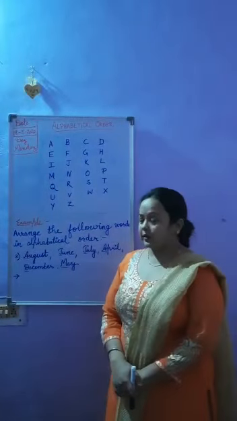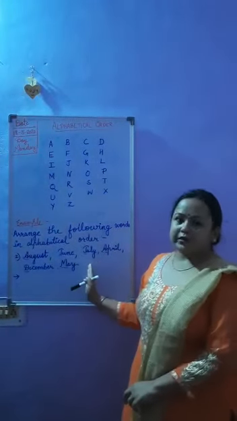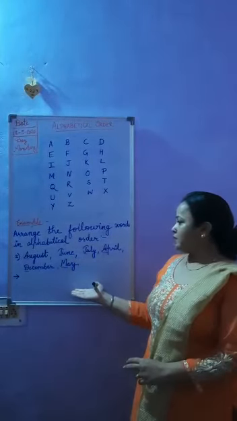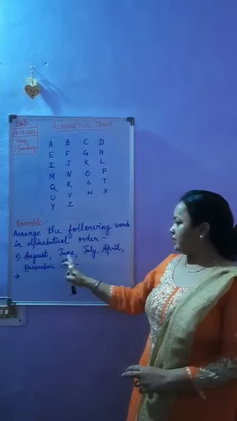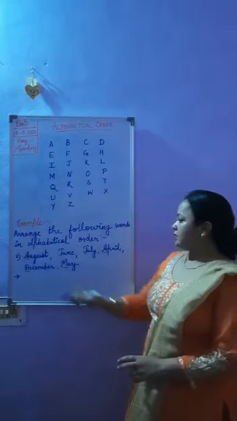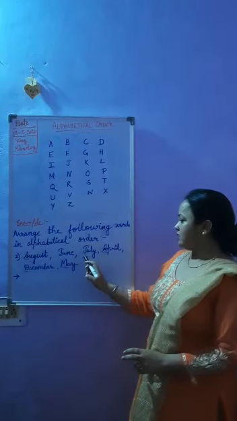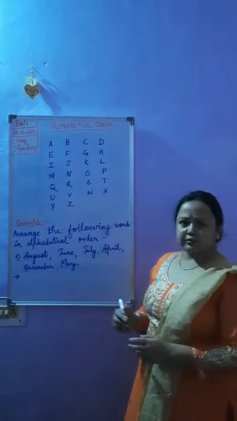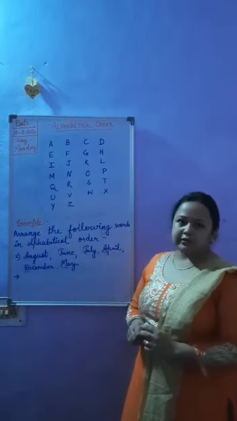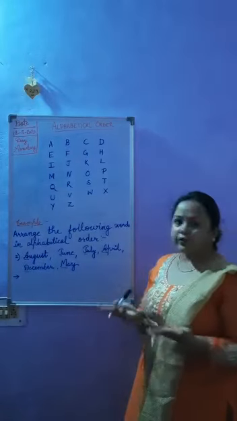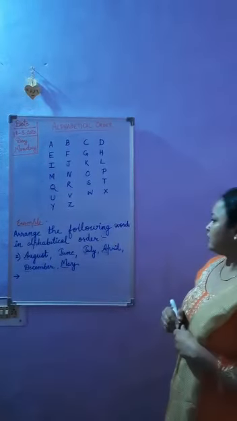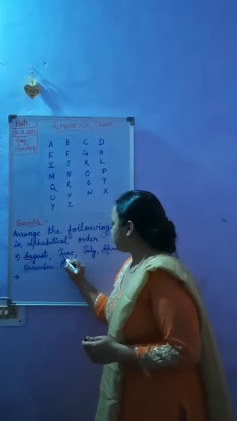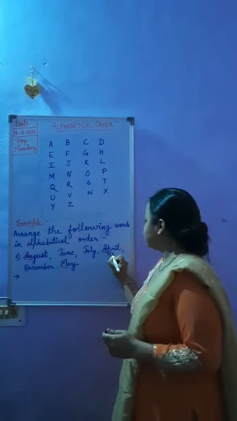Now, let's take another example. Here are some names of months. You have to arrange these names in alphabetical order. So, the same tip here also. We have to underline the first letter of each word. Right? Now, again here is A, then J, then again J, A, D and M. Now, children, what do you find here? There are two words with the same first letter. So, what will we do then? We will underline the next letter. Okay? U, here also U, here also U, then P.